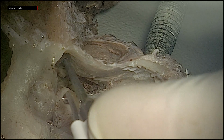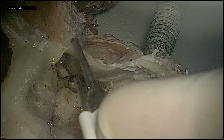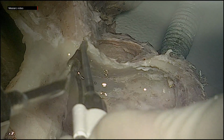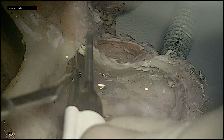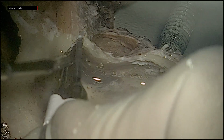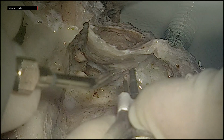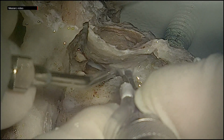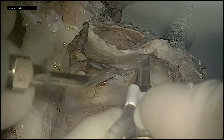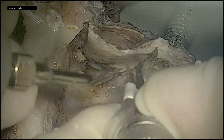Exercise of canal wall down mastoidectomy can now begin after you have done a complete posterior tympanotomy. You must understand that for a canal wall down mastoidectomy to be complete, the posterior canal wall must be completely removed. Here we are making a cut along the outer wall of the attic and then another cut along the floor of the posterior canal wall, which is an extension of the already operated posterior tympanotomy, and then the posterior